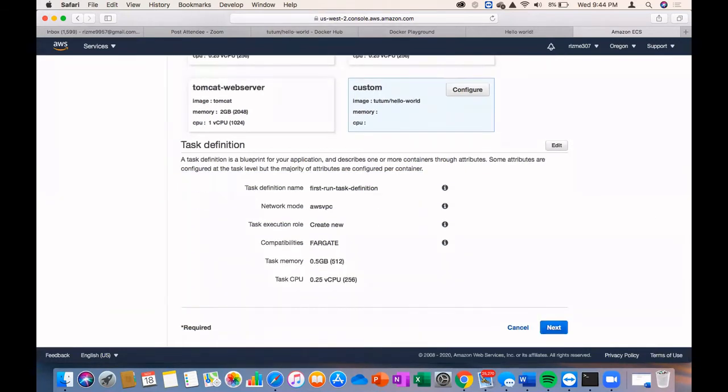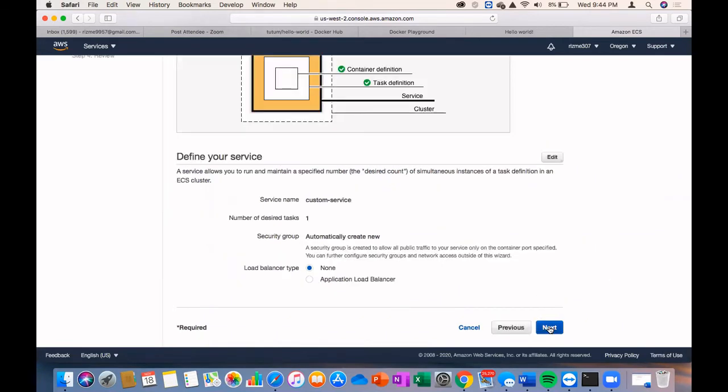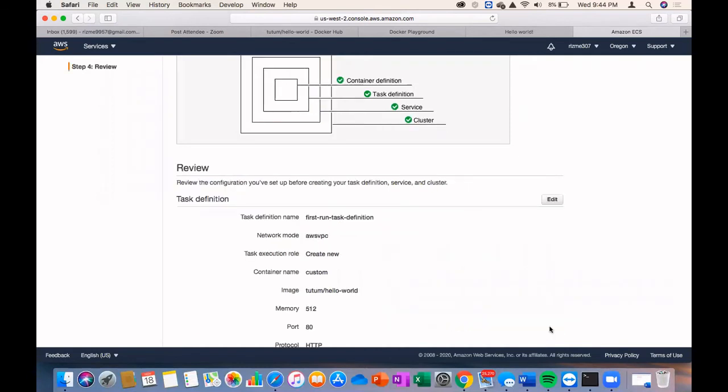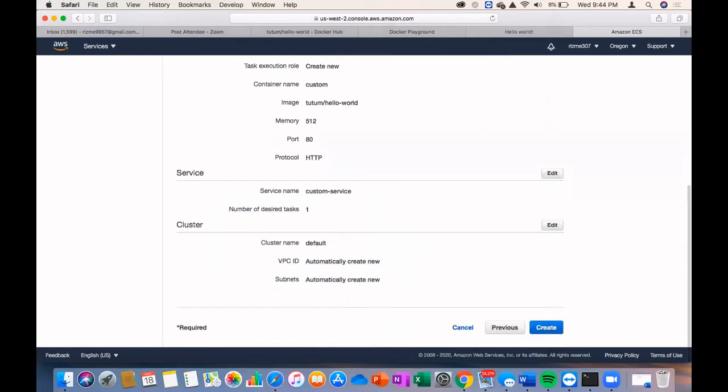Just click next. We do not need any load balancer as of now. Yeah, so the cluster name is by default 'default', so we leave it. Just go ahead and say next. Scroll down. So the diagram shows that everything is done. Create, is it? Yeah, just create now.